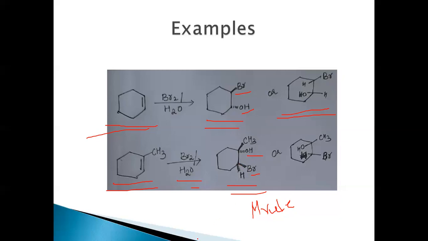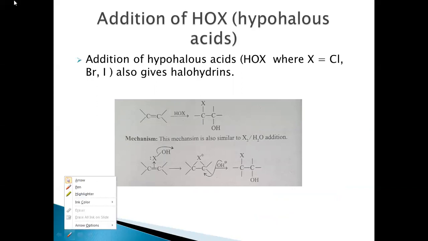This is because we know that a tertiary carbocation is more stable than a secondary, then comes primary. So this follows the stability of the carbocations. When Br attacks in this position, it results in the formation of a carbocation here. So this tertiary carbocation is formed, which is more stable. So OH, acting as a nucleophile, will attack this tertiary carbon, resulting in the formation of this anti-addition product. This can also be represented in this way. This Br and OH are in anti-positions. Yes, these are the examples of the addition of halogen in the presence of water.